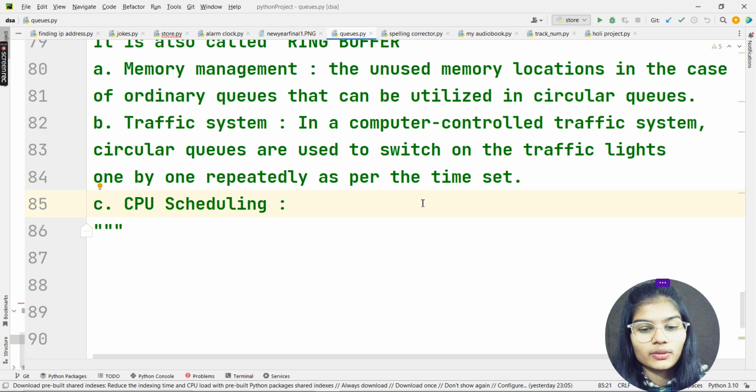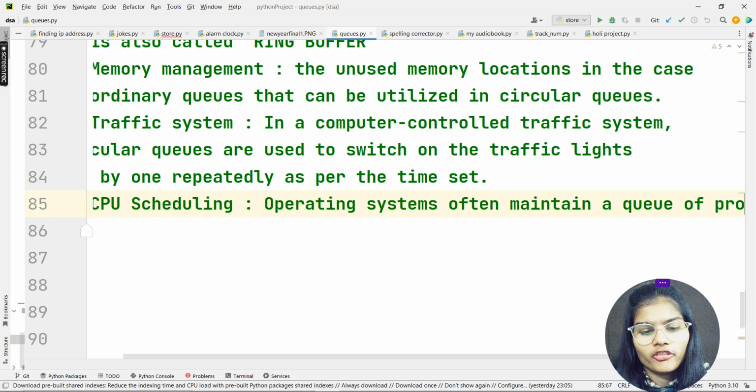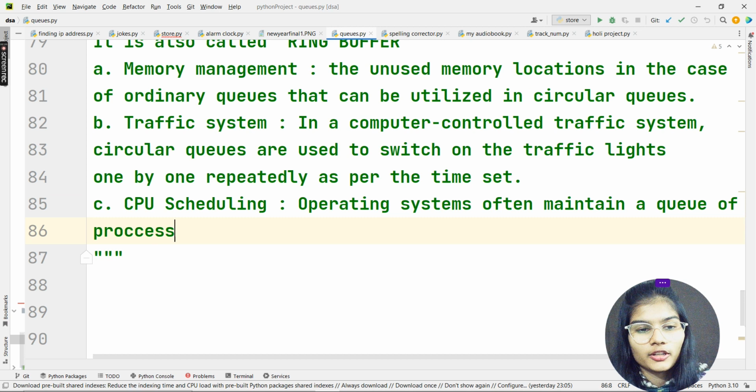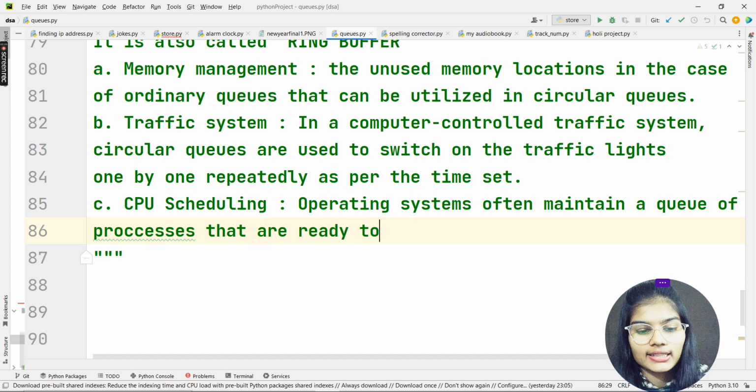Talking about CPU scheduling, the operating systems we have often have to maintain a queue, a queue of processes that are ready to execute,